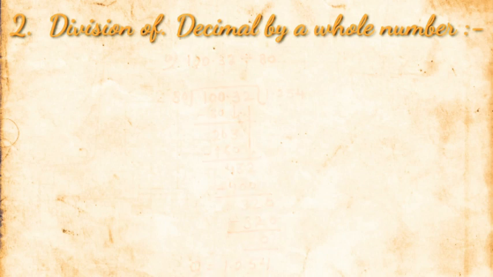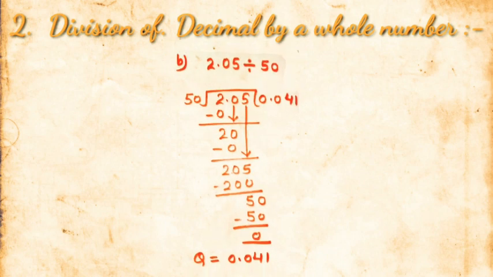Similarly, we will solve one more question, that is 2.05 divided by 50. So first 2, then the decimal is there. First you read out the table of 50. Here is 2 only, a whole number. So 50 will not go into 2, it will go 0 times. 50 multiplied by 0 is 0. So the remainder is 2. Bring the next number down, 0. The decimal has appeared, so we have to apply the decimal in the quotient as well.